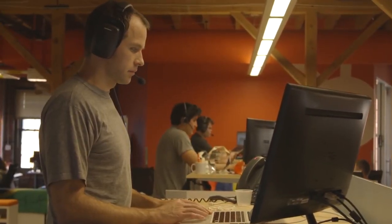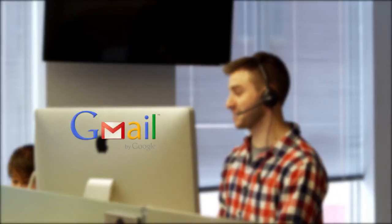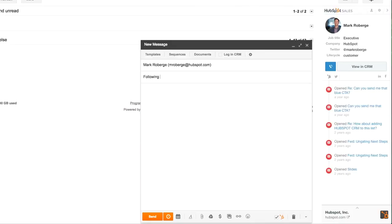You've just seen a rundown of why most sales teams love HubSpot CRM. It's dead simple to use, and it empowers your salespeople to have better conversations by putting useful details where they need them most. What you haven't seen yet is that HubSpot CRM also connects to your inbox. The free HubSpot Sales email integration works with Gmail and other popular email tools like Outlook to bring useful context about my contacts and their companies out of HubSpot CRM and into my inbox where it's easy to see and